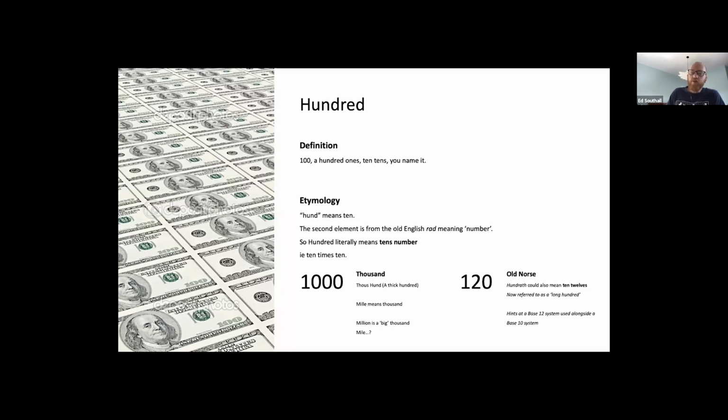And then going back to 100 briefly, hundred could also mean 10 12s, which is nice and confusing. So in Old Norse, which we are all fluent in now, it could easily have meant 120 as well as 100. And there's a kind of theory, I don't think it's entirely proven, but again, call me out on it if you can, that Old Norse would have two bases. They would have base 12 and base 10 systems running at the same time, supposedly. I'm not a historian, so I can't really go into that too much.